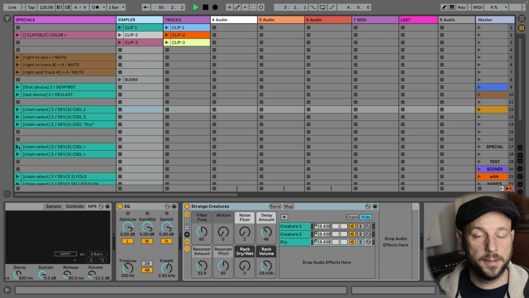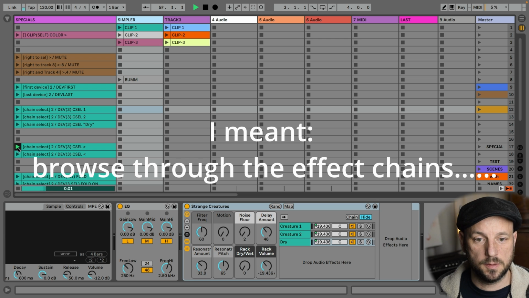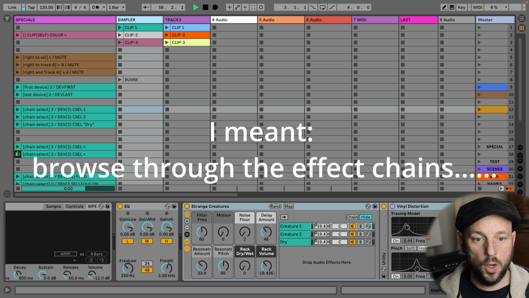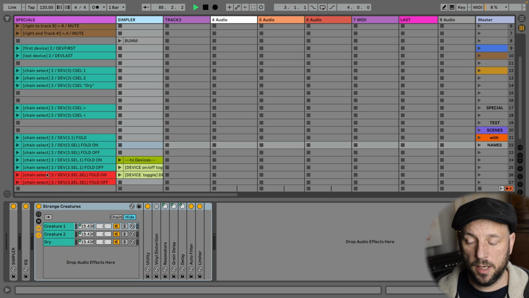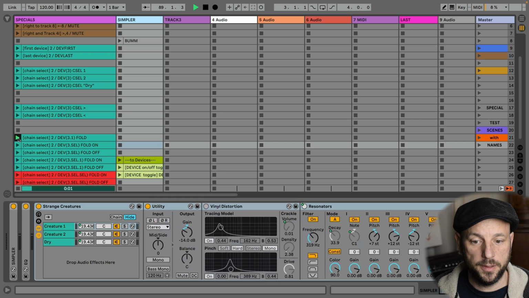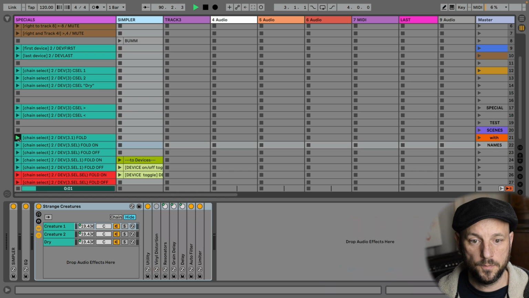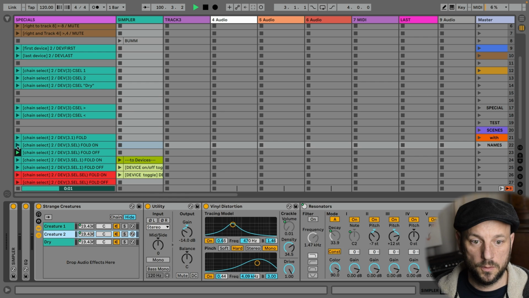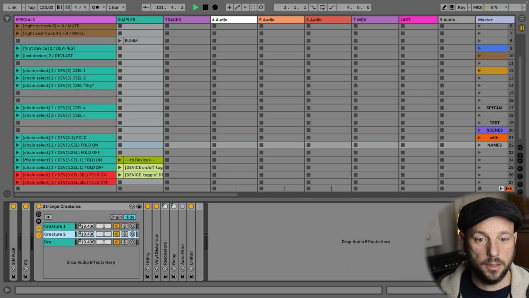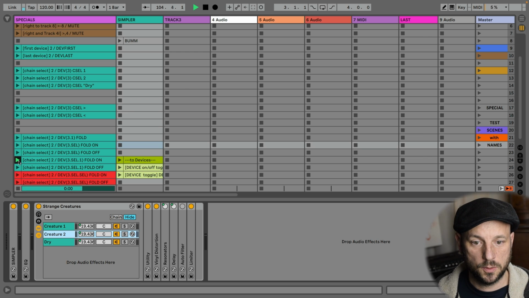You also can browse through the devices by the open angle bracket. You can move up and down when you have loads of devices and you want to fold them. This X-clip will fold the devices of the first chain. Okay. You can have a fold on and off action for the selected chain. So you can use selected to specify the devices on the chain which is currently selected. And you can use that as well to